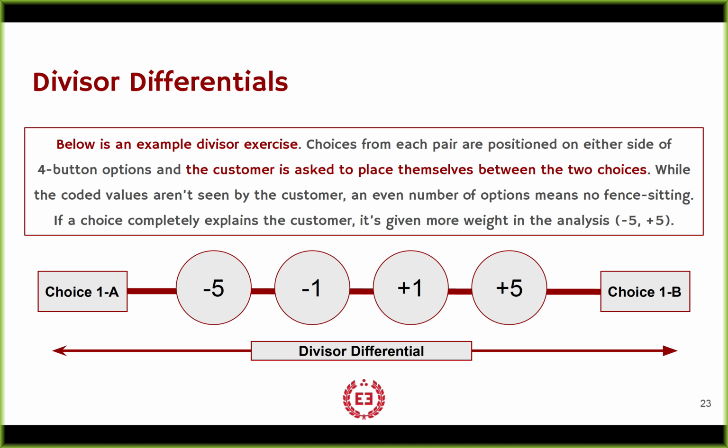Here's what the actual experimental design looks like on a survey. And like I said, you can use the Qualtrics bipolar survey question type. You can put one choice on the left, one choice on the right. Choices are always presented in pairs. So choice 1A and choice 1B indicates that it was choice group 1, and then you had option A and option B. It doesn't matter if B or A is on either side of this. You can actually swap them. You can program Qualtrics to swap that if you want to randomize it and make sure that that has no effect, because people do read left to right.